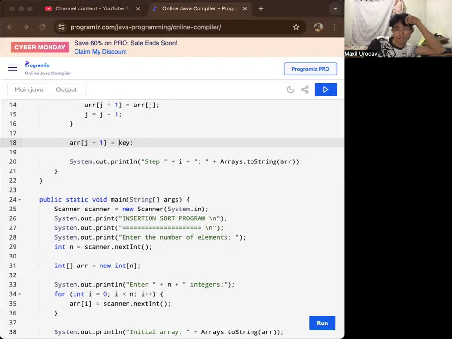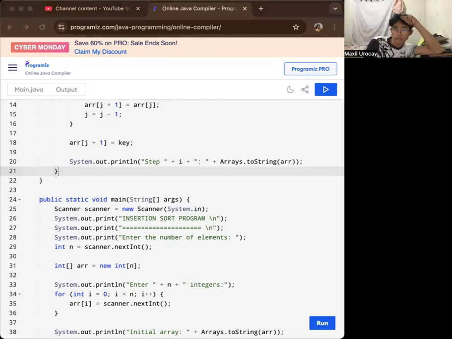the right place afterwards. Now, here we print out the step, where we concatenate i plus Arrays.toString(array). So now, after each iteration of the outer loop, the program prints the array showing the current state of the sorting. So naka-step by step siya. The Arrays.toString method converts the specific array to a human readable string for easy printing. Isa-isa na niya pag-print per iteration kung anong gakalatabo, same as with the illustrations that we do have.